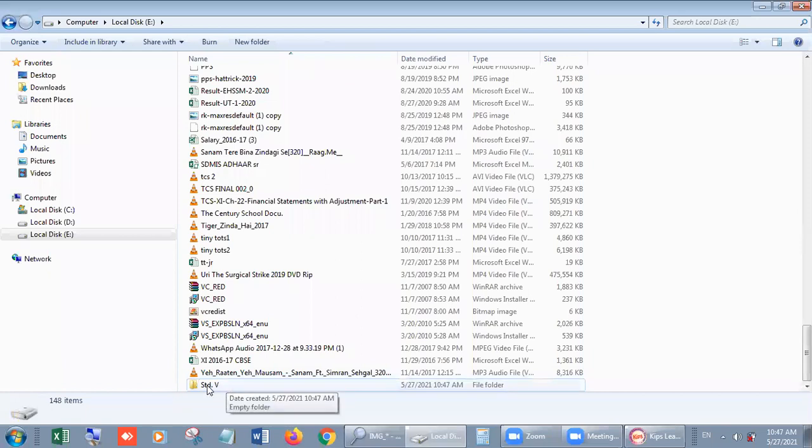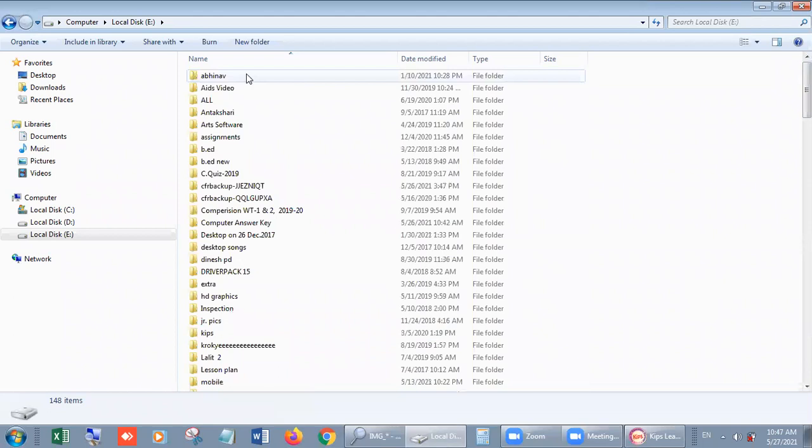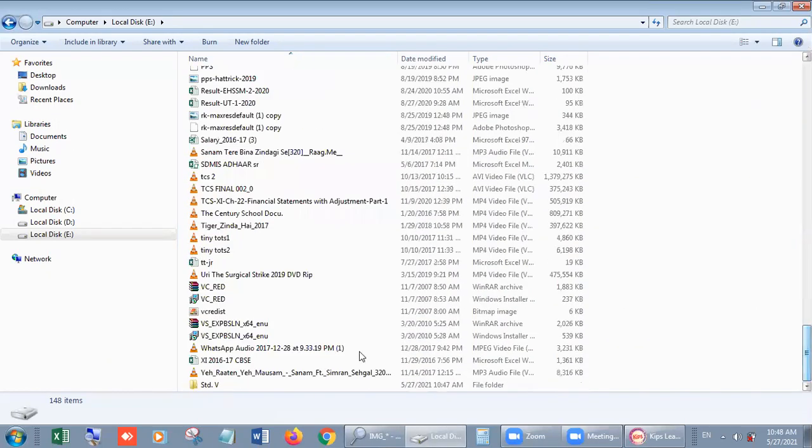Why can we see it is a folder? Because its icon shows it. If the icon has a yellow file folder, then it is a folder, right? But if you have a file, then you can see a different logo in front of it, but not yellow. Now if you go to the upper side, you have so many folders, all are yellow folders, right? This is the identification of a folder. Okay students, in this way you can create a folder.